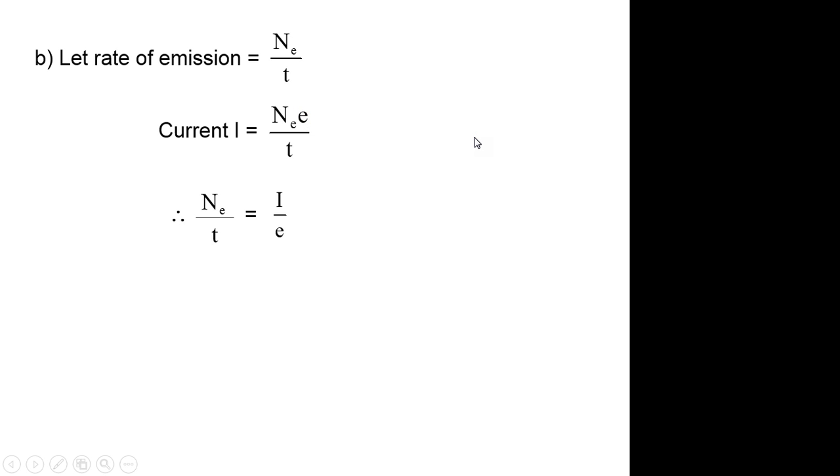You sub it in, you rearrange. You want to find the number of electrons per unit time, Ne over t. So rearrange, you find I over e, the current divided by the charge of the electron. You get this number, 10 to the power of 9. Okay? So roughly,